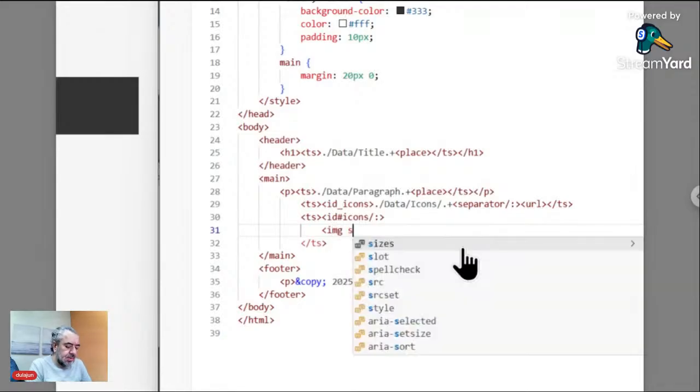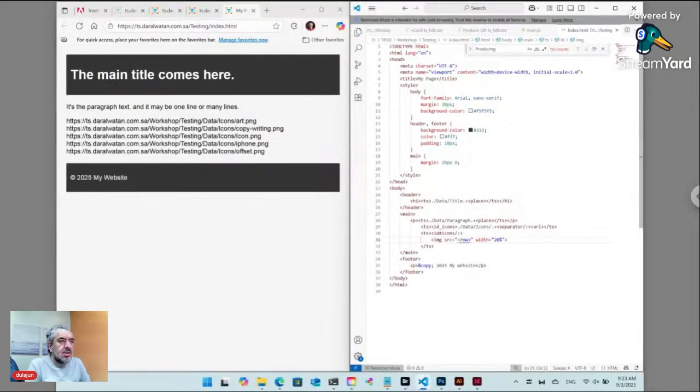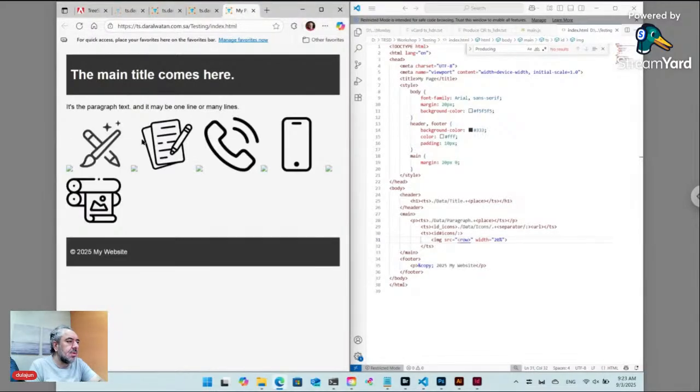Image src, width 20%. Now you can use the tag row to insert the record of retrieved URLs. Let's save and refresh. Now you will have icons,